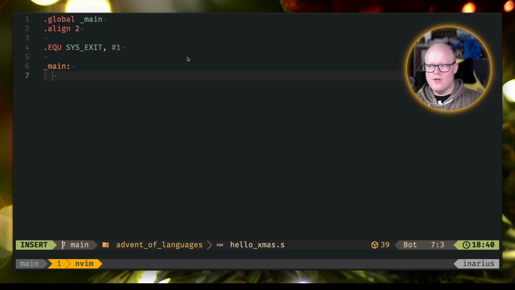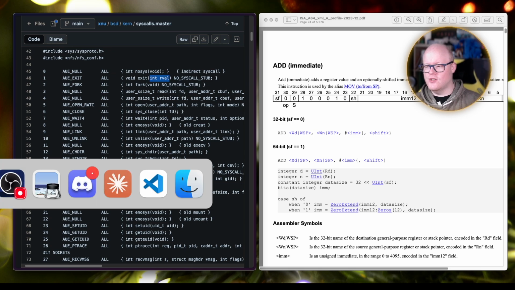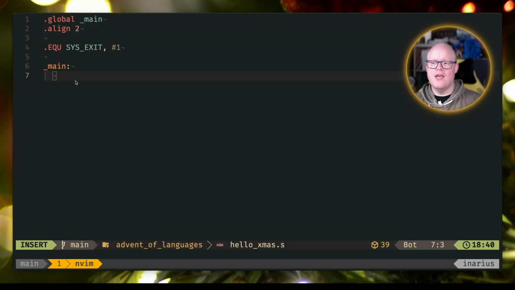So what I can do now, by using this calling convention, as we have seen, is put one argument into our exit call. One argument will be transported via the X0 register. So before calling this function, we put the corresponding value into the X0 register for this function to process. So what we simply do is use the MOV instruction to move a value into the X0 register, and here we can put the value 0, because we want a 0 exit code, which is